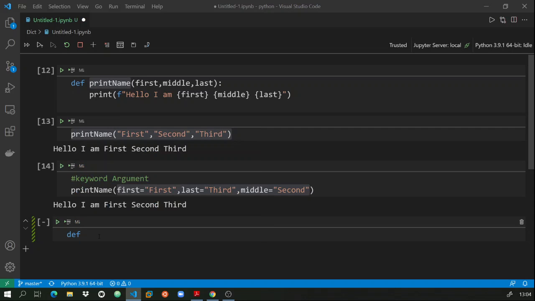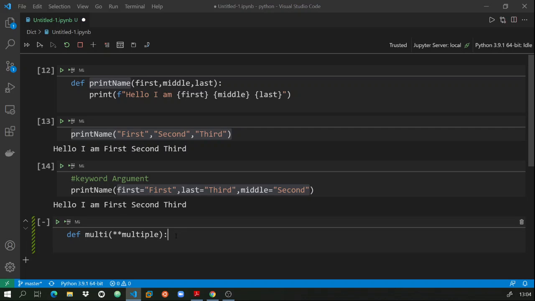We have seen that for passing multiple values to a function, we use a single asterisk. But for passing multiple keywords, we have to use a double asterisk. Let me give it the name multi.